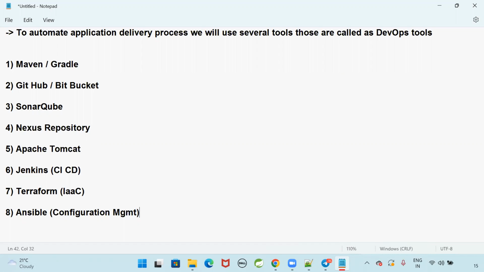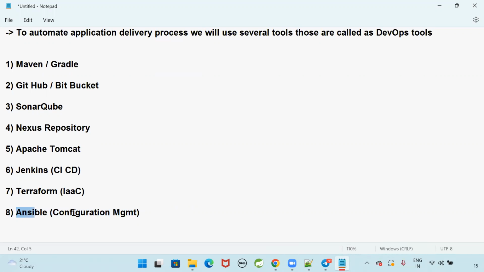For example, there are 10 web servers available. The 10 web servers I will create by using Terraform. In these 10 web servers, I want to install Maven, Git, Java. In order to install the software manually, we need one system administrator. That system administrator will connect to all the machines and should install Java, Git, Maven and all. Instead of doing that manual configuration, we can automate the configuration of our infrastructure by using Ansible. Ansible is called configuration management software.